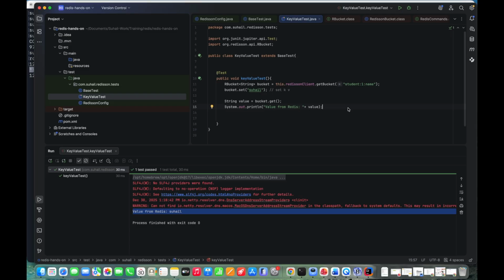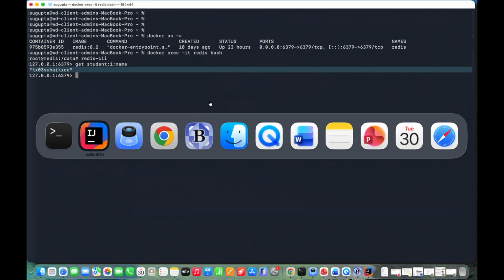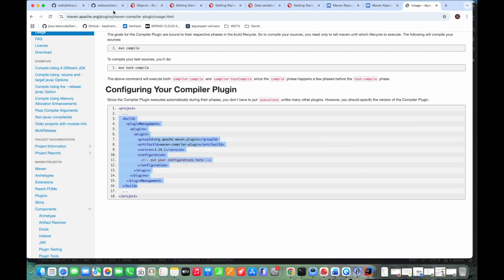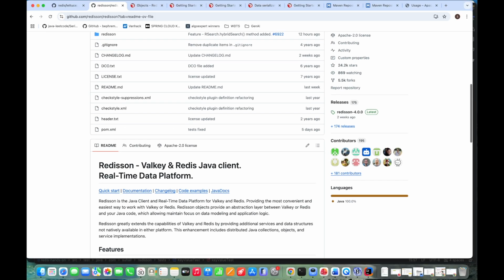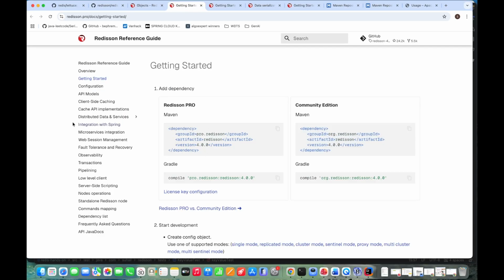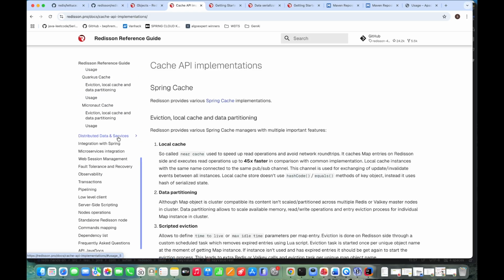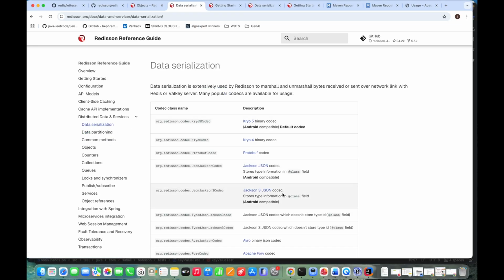So we need to use the serializer or deserializer to fix that. Let's refer to the documentation again. If you see the serialization section in the documentation,